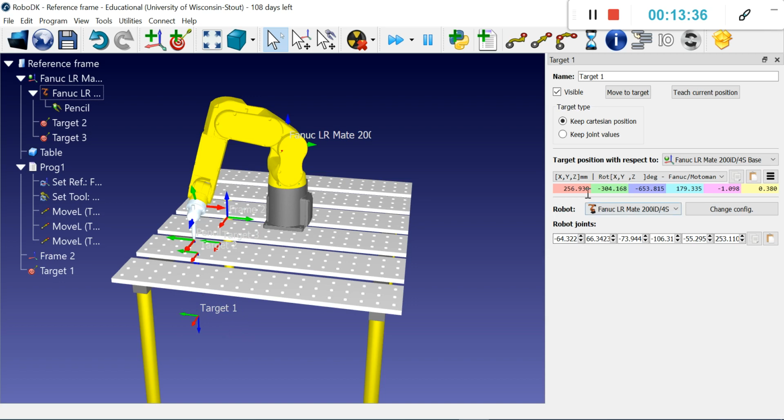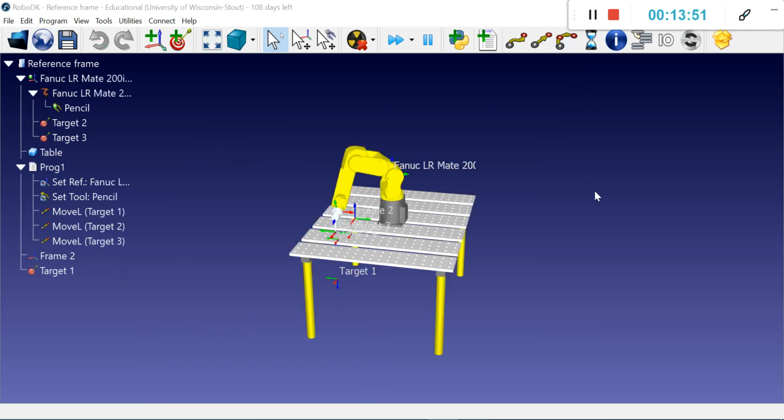So with the same positional data with respect to frame 2, the target will be moved to the other place. Okay, we can also do it in this way. Before doing that, I move that back to the